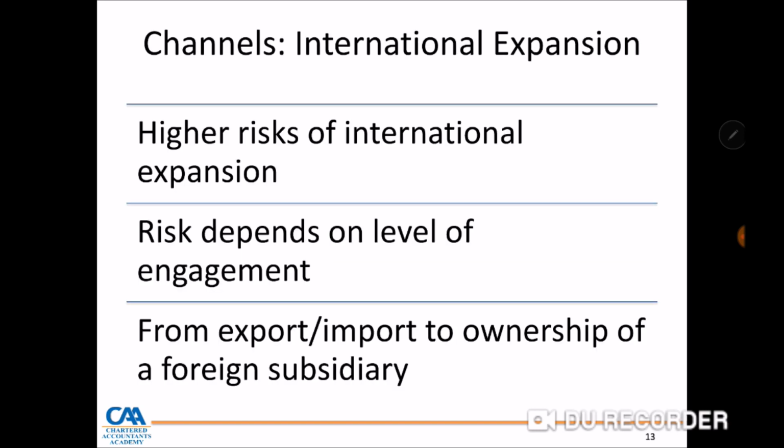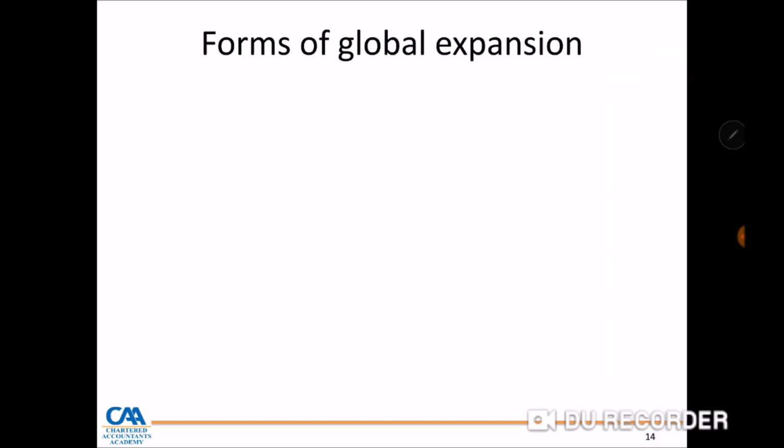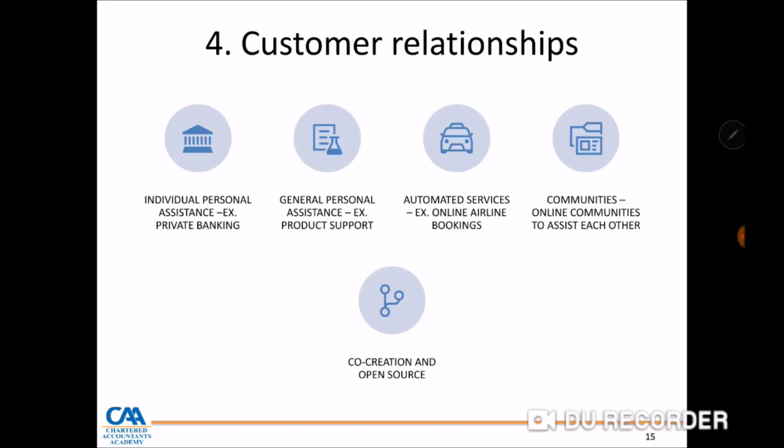Given the dawn of the internet, we've been breaking down global barriers, so we find that most businesses are now going for international expansion. When you are expanding internationally, you need to ask yourself how you are going to reach your customers. I'm a business based in Zimbabwe and I want to pursue international expansion. How do I reach a customer in Zambia? How do I reach a customer in Europe? How do I reach a customer in China? So it brings us to this: there are various ways in which businesses can achieve this global expansion.